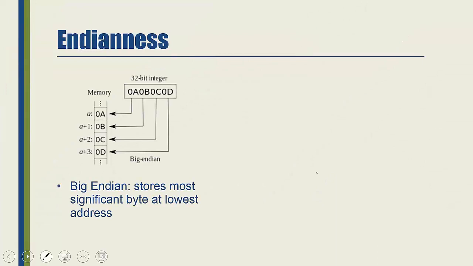The meaning of big endian is that the end of the data, which means the least significant byte of the data, is stored at the higher address. Over here, the small address or the base address is A, and then the higher address is A plus 3. So big endian will keep the least significant byte of the data at the higher address. So the end, this one, is at the big address.